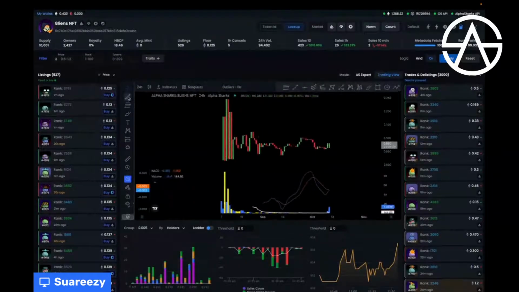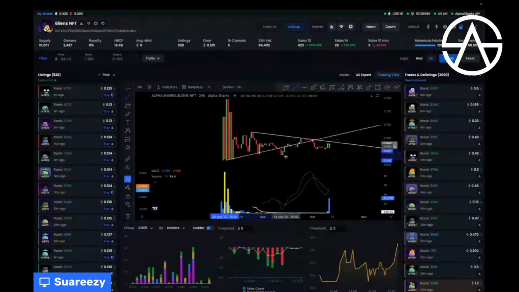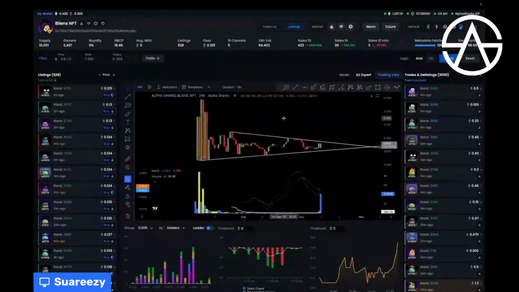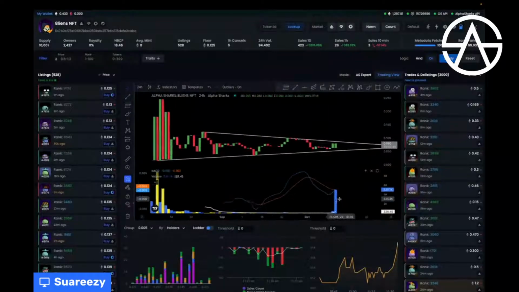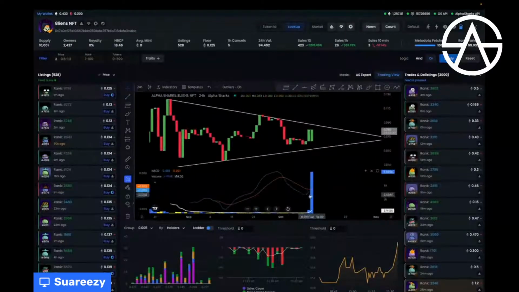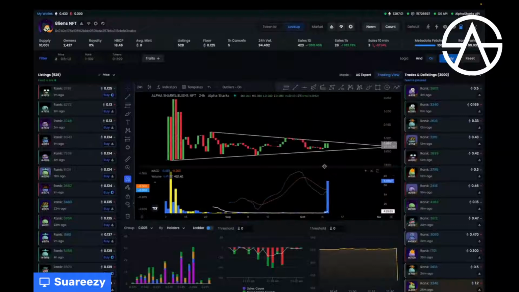So right here, I kind of see this pattern forming as well. I'm just seeing this triangle formation on the daily chart, and you can utilize this on the daily chart as well. Again, it just needs to be a little more liquid, which is something we'd prefer. But if you notice, look at what our MACD is about to do on the daily. This could be very interesting,